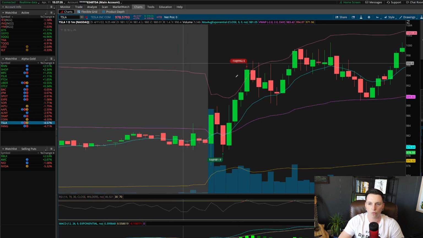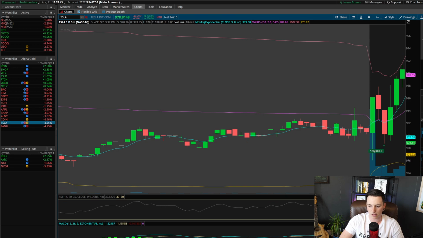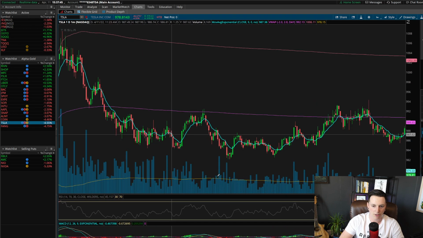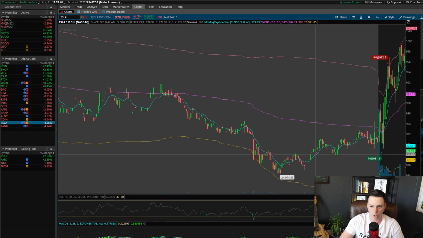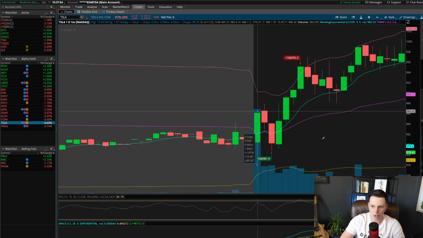First things first, Tesla was down pretty significantly this morning, about 5%. We are still down about 5%. At this time, I'm going to zoom out a bit. You guys would notice here on this 1 minute chart, as soon as the market opened, we had a lot of volatility. First minute, we dropped all the way down to 975 before pushing all the way up to 986 before pulling back down. And this is where I took my entry.